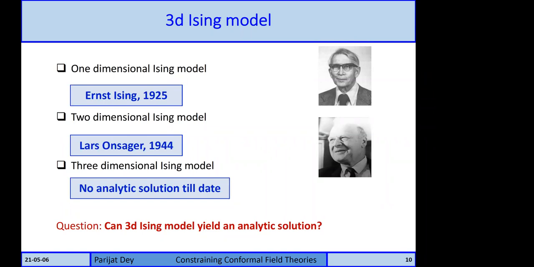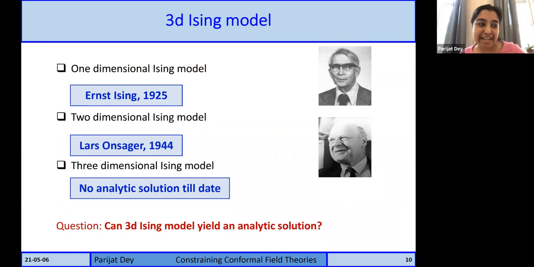Yeah, in fact, McCoy and Wu have this book on the Ising model, and at the end of it they have a list of problems to do, and their point is that an analytic solution of the 3D Ising model is a waste of time, according to them. Conceptually, the 2D Ising model told us that there's a non-trivial phase transition. The rest are details, according to them. But if you have a chance, you should look at the appendix to that book. They're very acerbic people, so it's a lot of fun to read. Sure. Thanks for the reference.